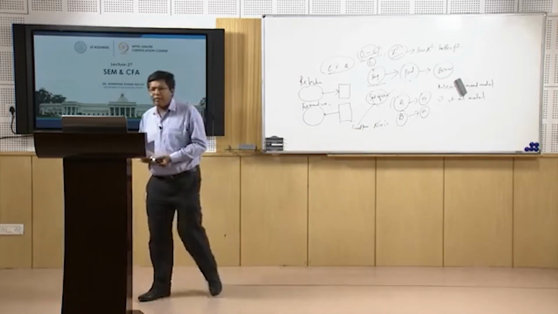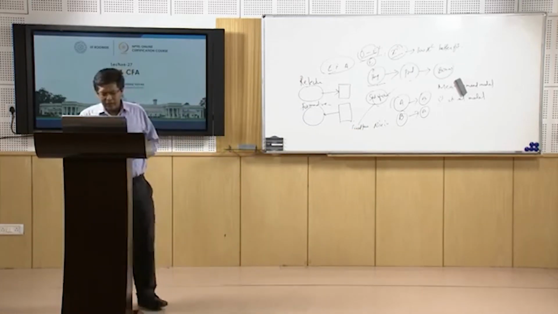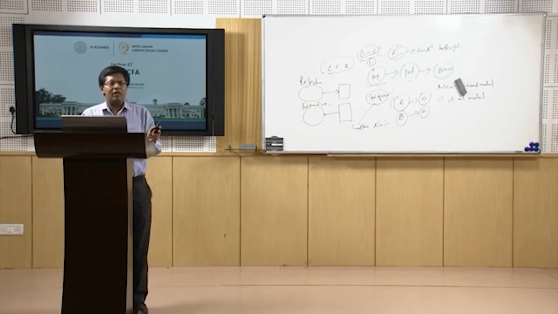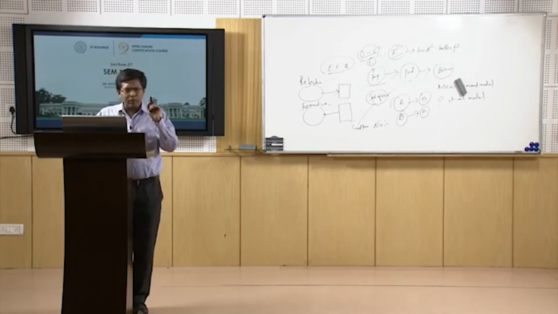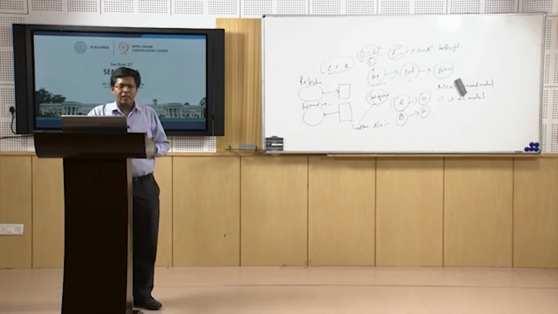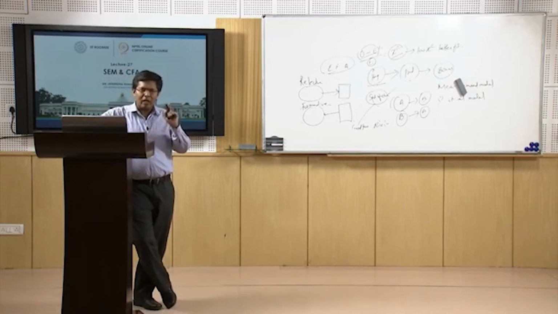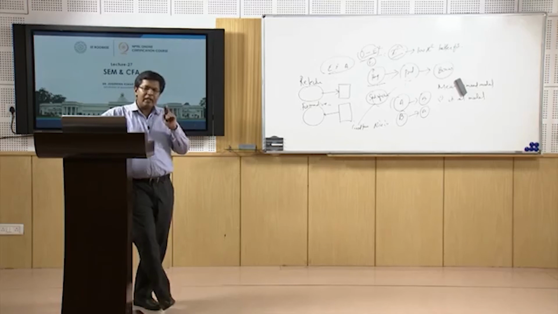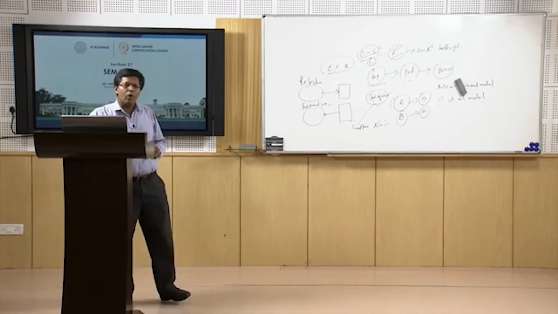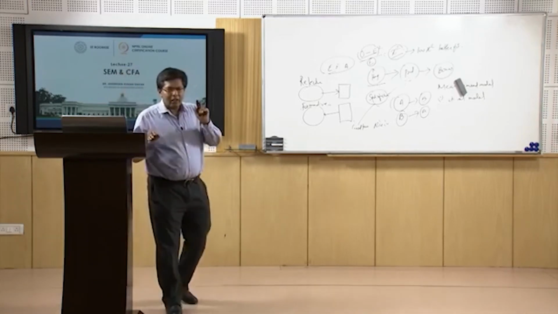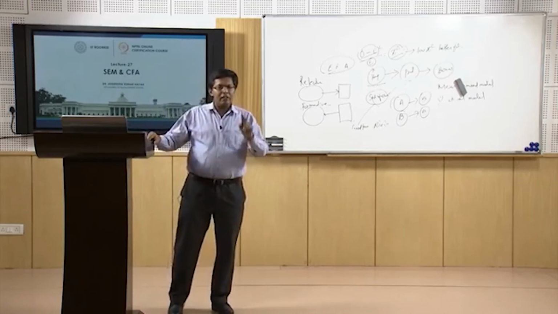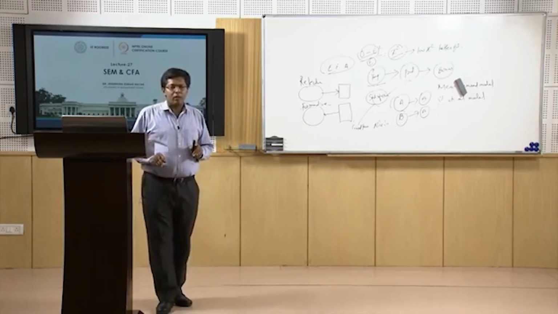Whenever you do something, you should always be asked what is the underlying theory behind it, why did you do SCM. That should be the first question asked to any researcher, and if the researcher is in a position to answer why he has created this model, then only he should be allowed to go ahead. Otherwise, a researcher should be stopped from using SCM without any proper thought process.